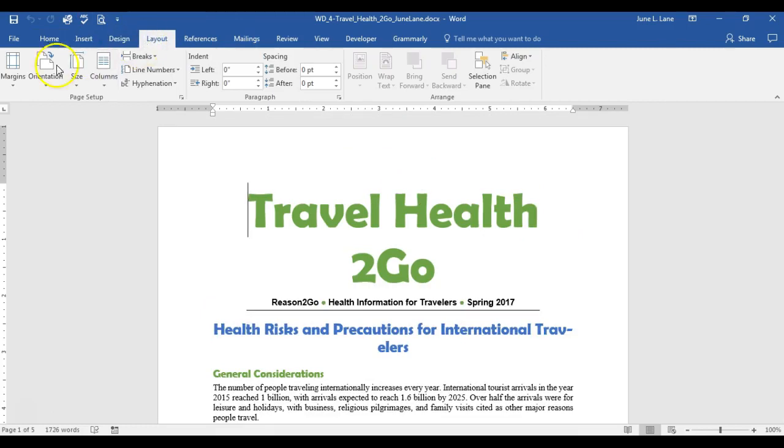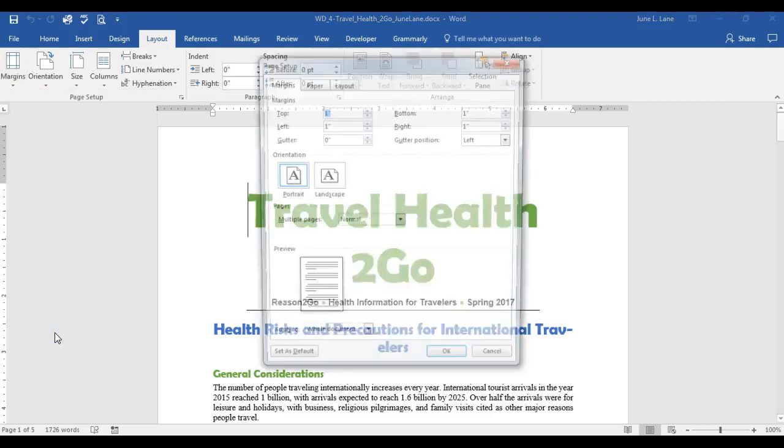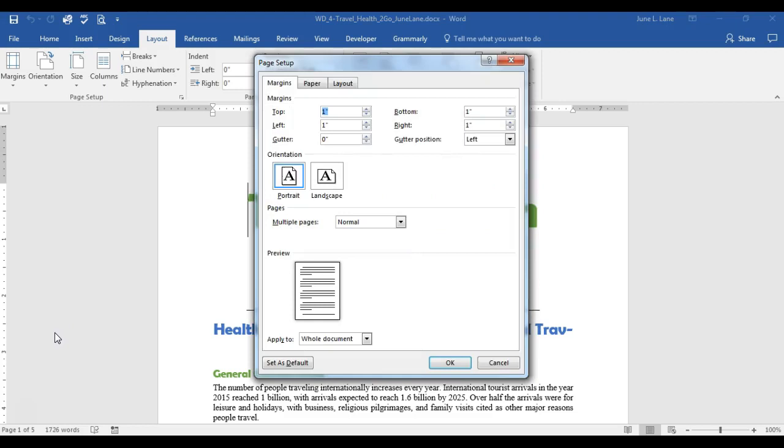And in here, I'm going to go over to my margins. I can see that this is located in my Page Setup group. And I want to put on some custom margins. So I'm going to go down to the bottom and select Custom Margins. And in here, we are going to select the